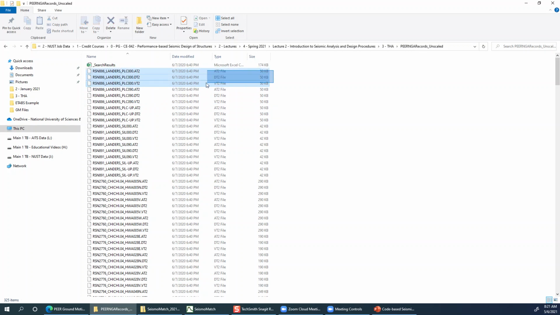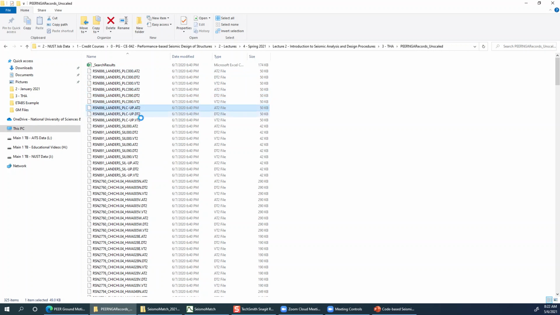So these first three files are basically the acceleration, displacement and velocity of the first horizontal component. Then the next three files have a different file name. It has 0 but it has 90. So these three files are the acceleration, displacement and velocity for the second horizontal component of this ground motion.